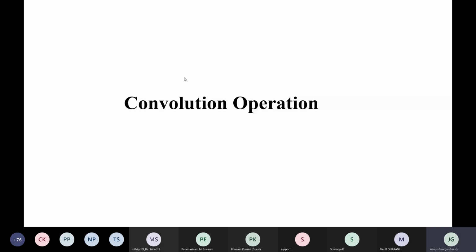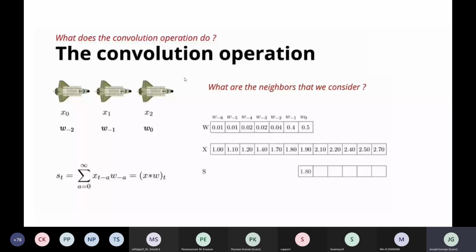If you look at this one-dimensional array, suppose you want to identify the first feature, then you need to ask yourself one question: what are the neighbors that we need to consider? And here in this case, we are considering some 7 neighbors.